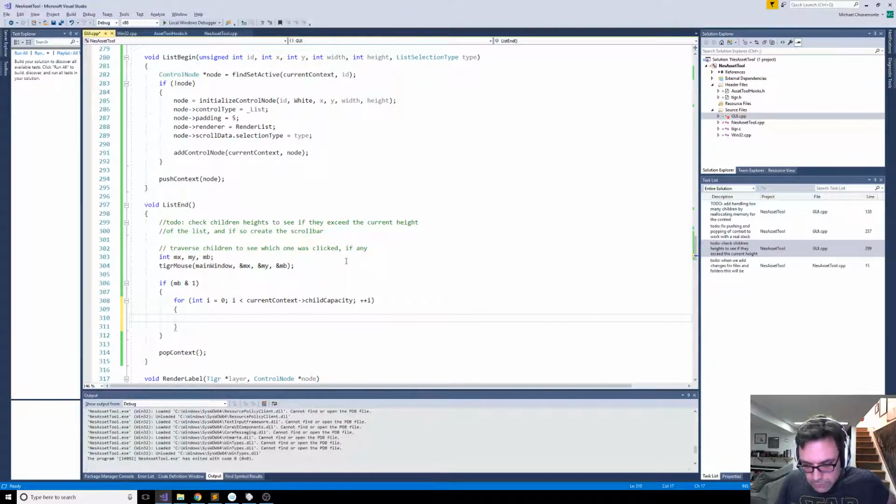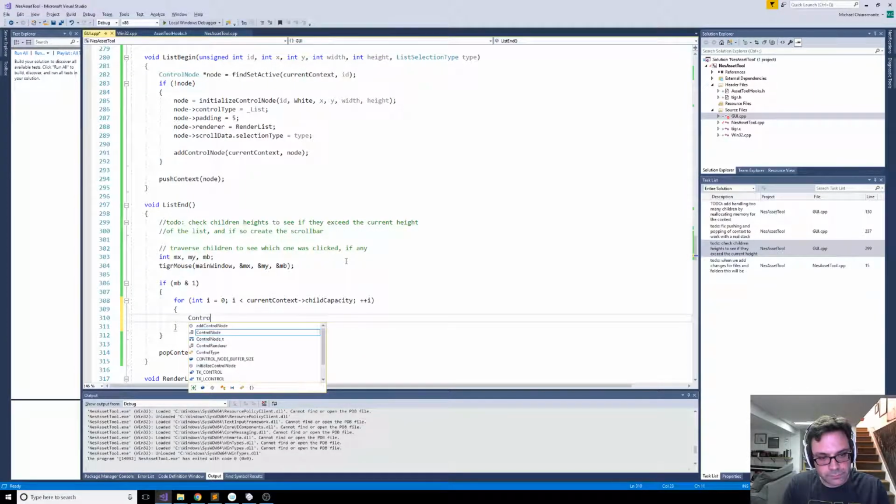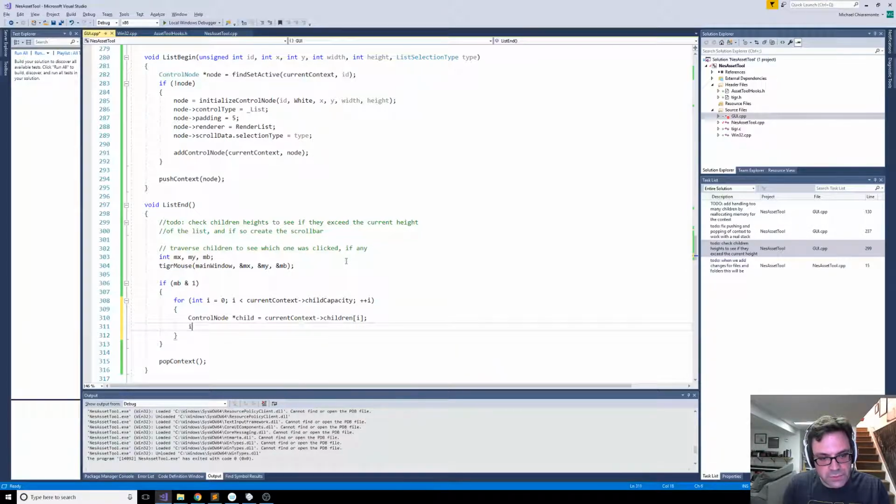Because if you wanted to allow a list within a list, you could do that recursively. I don't want to. I don't think we're going to need that. I think that would be a little nuts, but we could if we wanted to. If the child is a valid child,